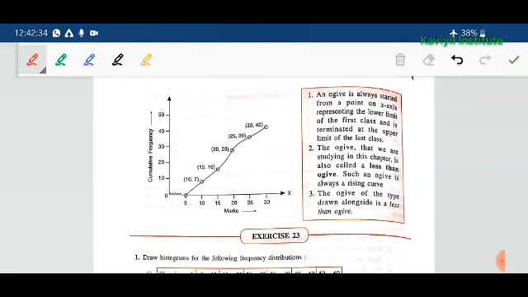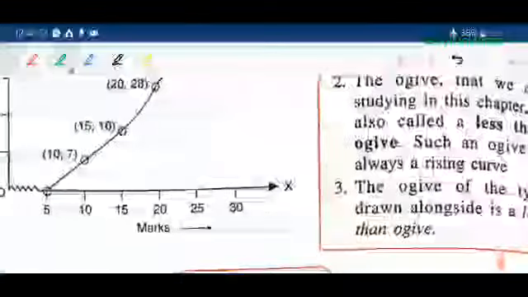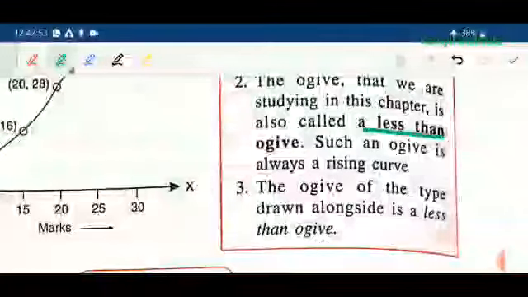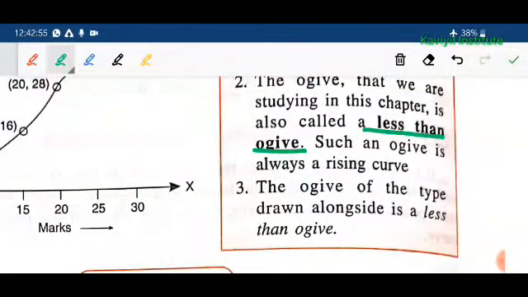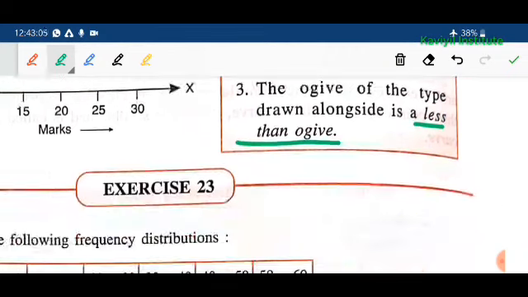So an ogive always starts from the point on the x-axis representing the lower limit of the first class and is terminated at the upper limit. The ogive that we are studying in this chapter is also the less than ogive. See here, it is less than ogive. That is why I have written less than frequency. Less than 5, less than 10. That is why I have mentioned it. The ogive of this type drawn alongside is known as less than ogive. And there is one more ogive, and that is known as more than